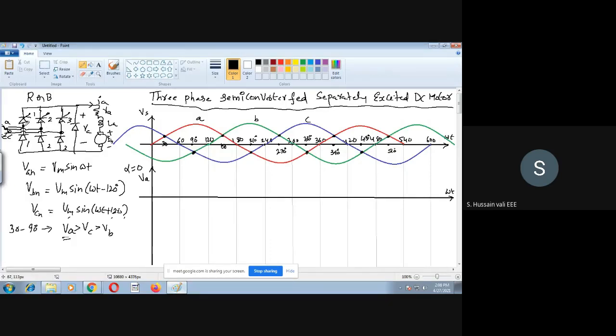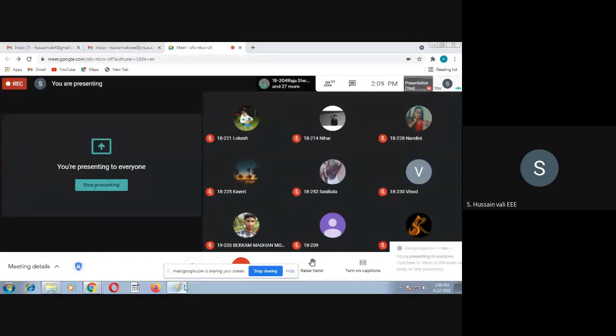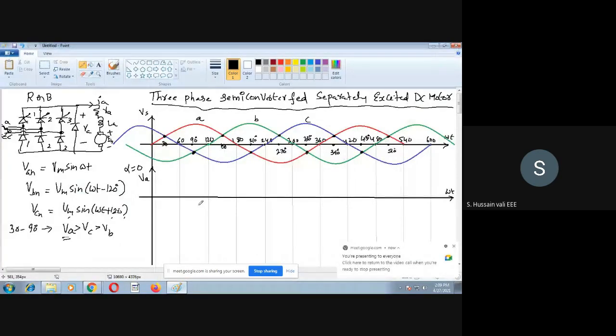Why is thyristor 1 turned on? Because phase A is connected to 1, and here phase A voltage is higher. So if 1 is turned on, you have some options now. In the bottom leg, you have 3 diodes, 1, 2, 3. Out of these 3 diodes, one diode will be turned on, so we have to identify which one. First of all, diode 1 cannot be turned on, because then both the switches in the same leg would be turned on. This is not possible, as you have seen in the operation of the full converter or semi converter. So either diode 2 or diode 3 is turned on.